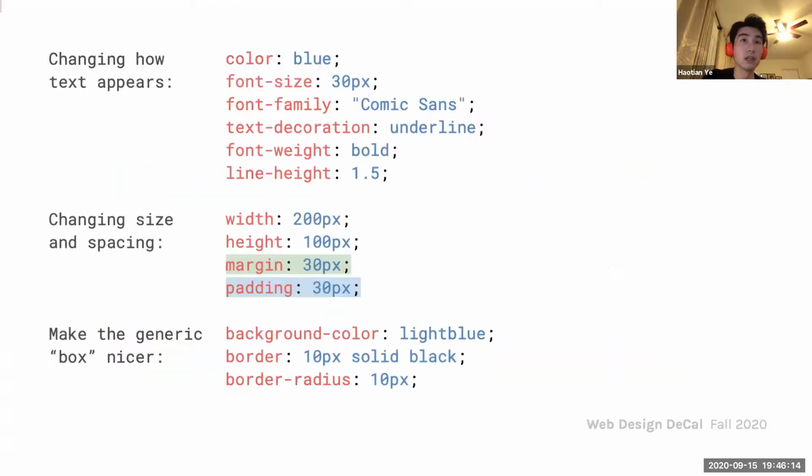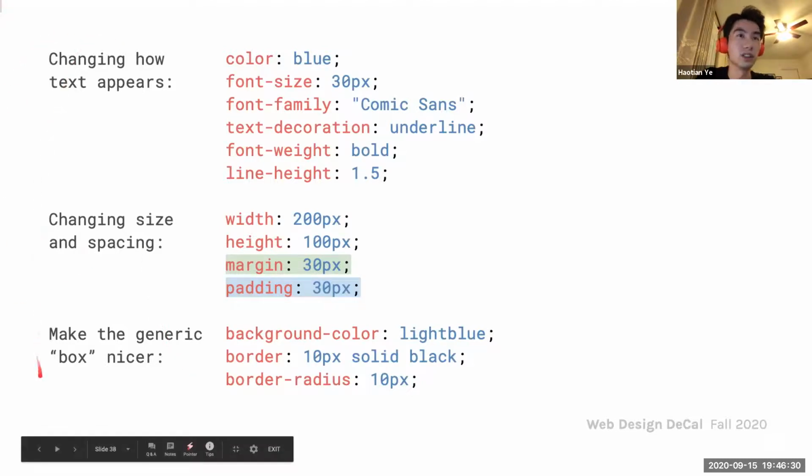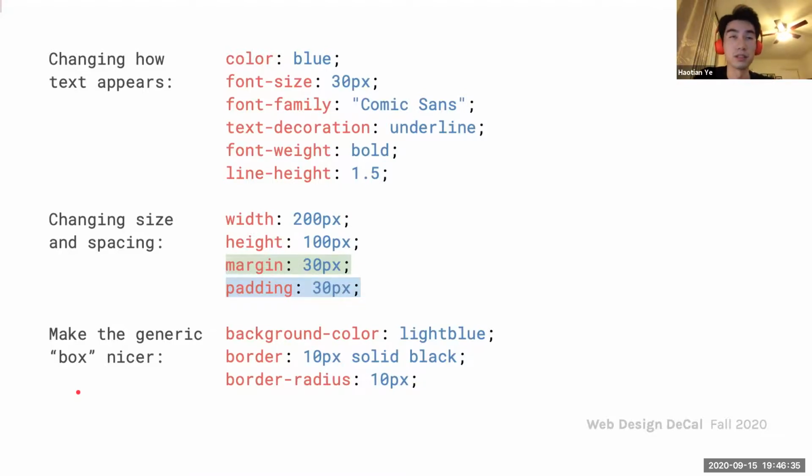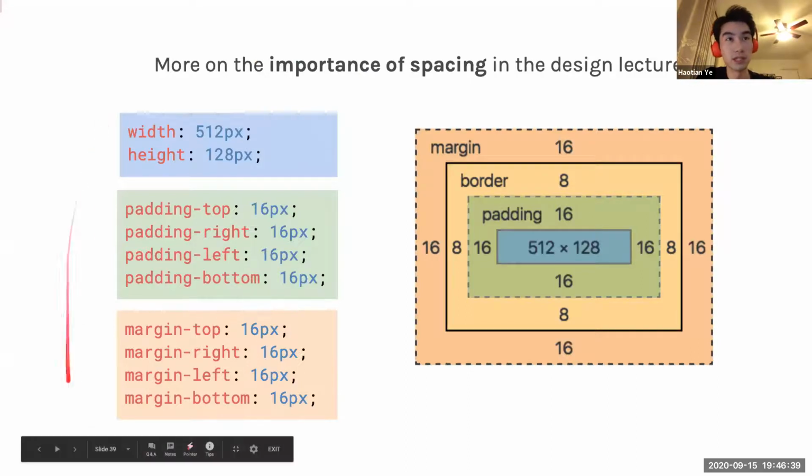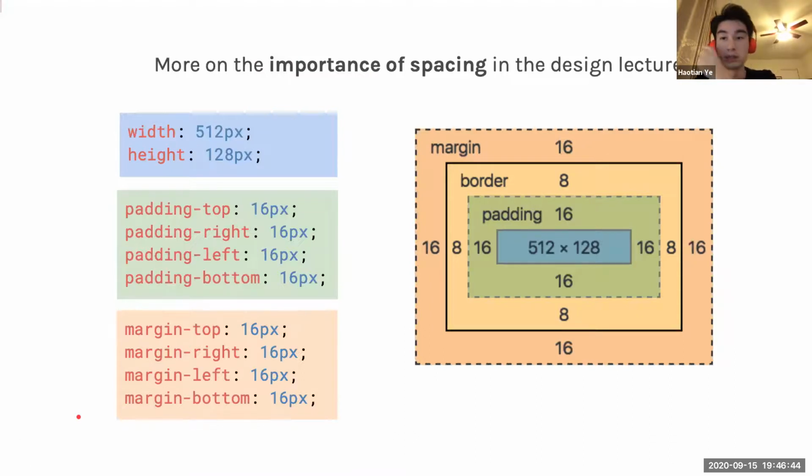So yeah, there's hundreds of CSS properties out there. I probably don't even know the majority of them. You probably will never use a lot of them because they're pretty useless. But these are a lot of very important ones that you can look at on your own time, and you'll be using these a lot. There are also really important ones for spacing, how you add space between elements, and Asia will actually go into this in more depth in the design lecture on spacing.